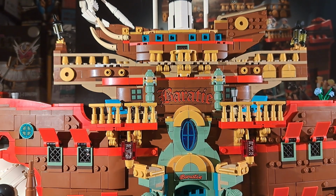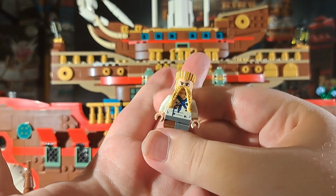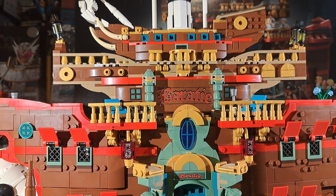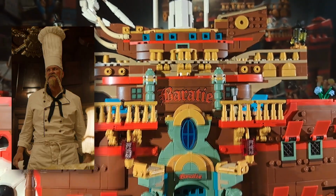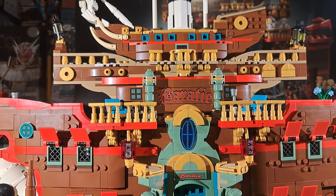I get it. If there's any problems with the set, he has this sort of Zane hairpiece, which does work, and he does wear his hair like this often in the series, but I wish he had his hat. He has this really tall hat in the series, so I wish he had that. I'm sure you can 3D print it. I might ask some friends to 3D print that hat. We shall see. But anyways, up next, I think we should get to the marine presence in this set,